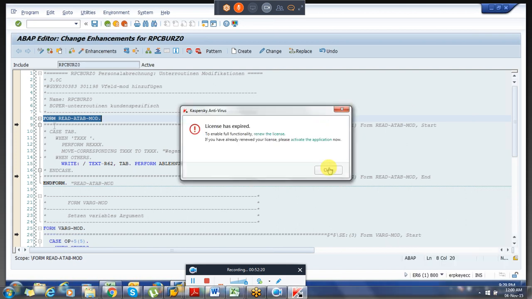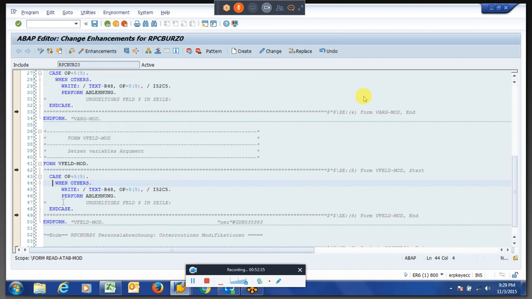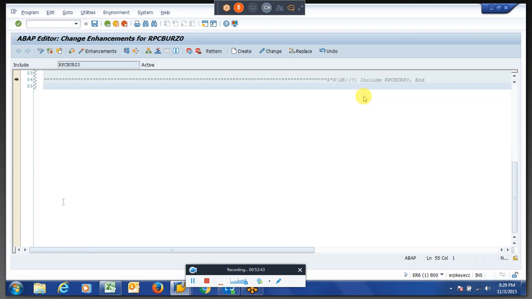There are many forms and non-forms, right? Here we are going to create an enhancement spot that should not fall under any form. Likewise, when inserting a PCR, we check the schema thoroughly and then do it. So what I am going to do here somewhere, I am selecting this.